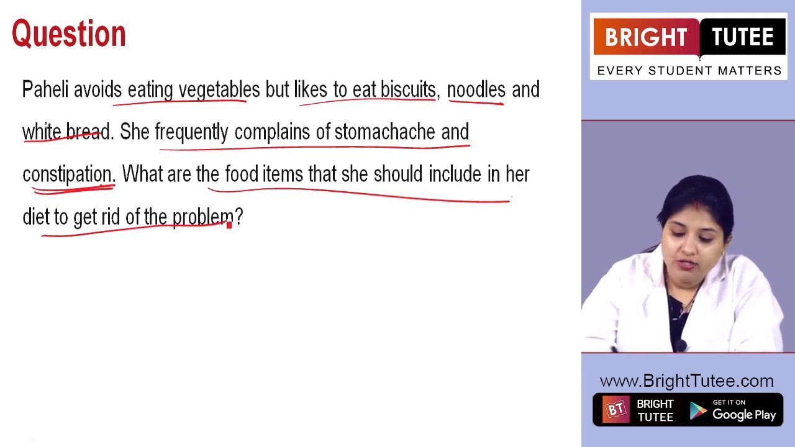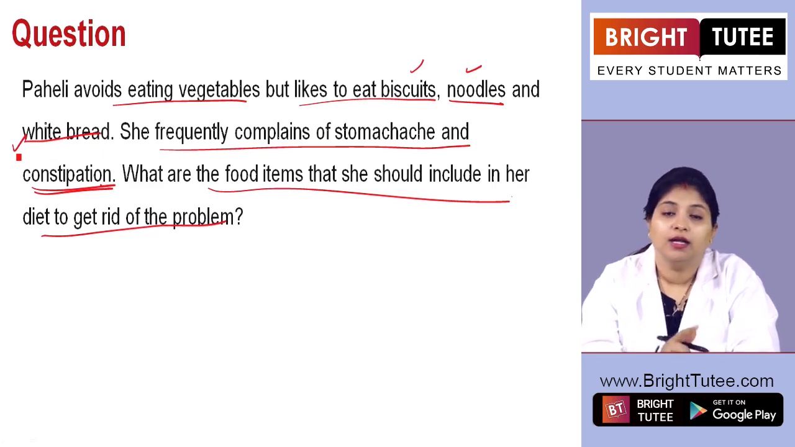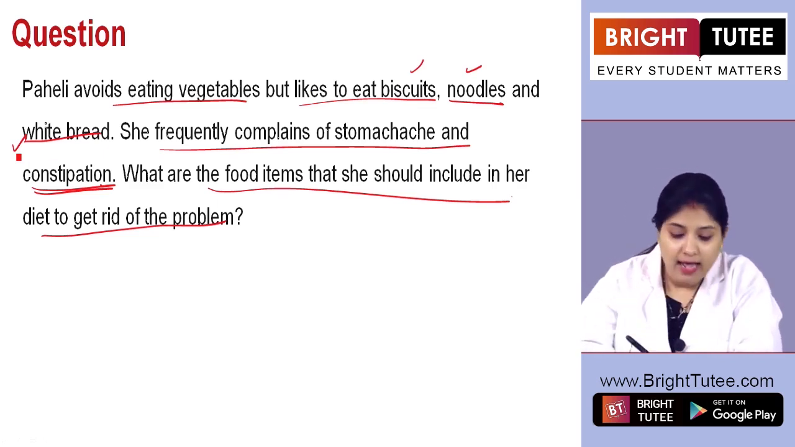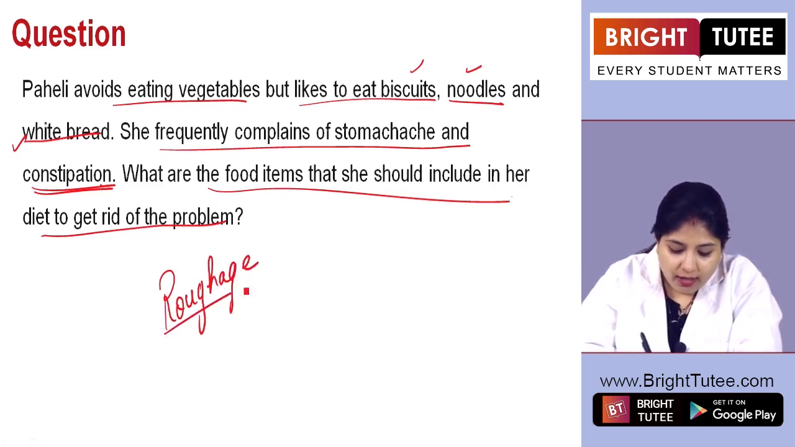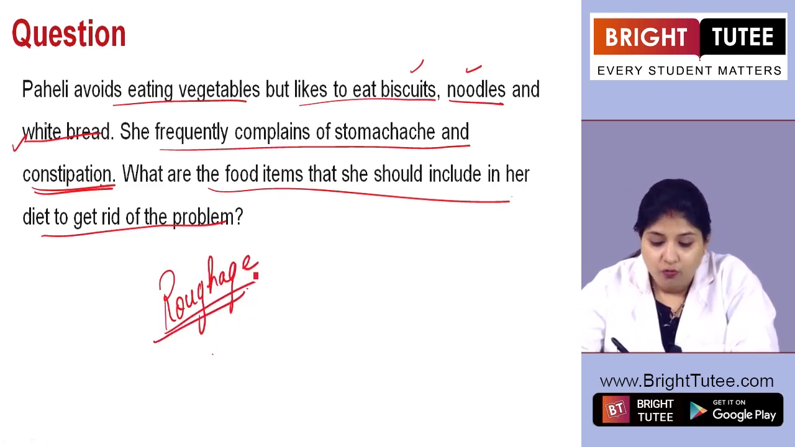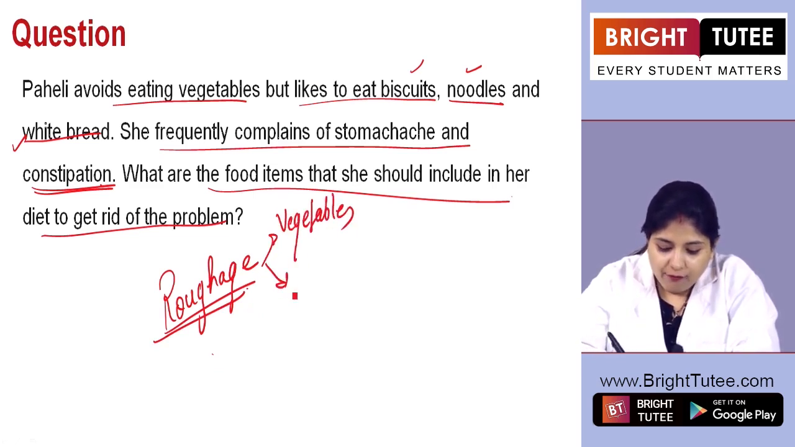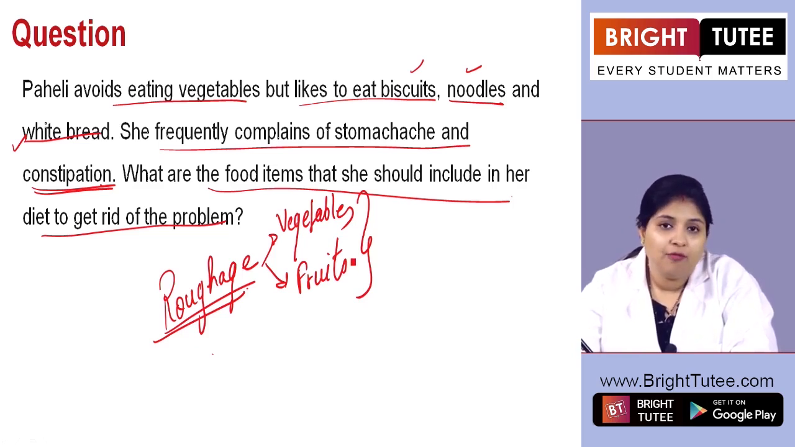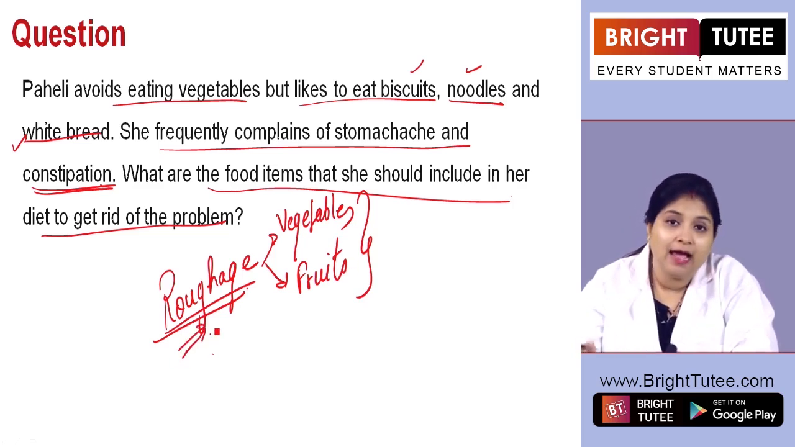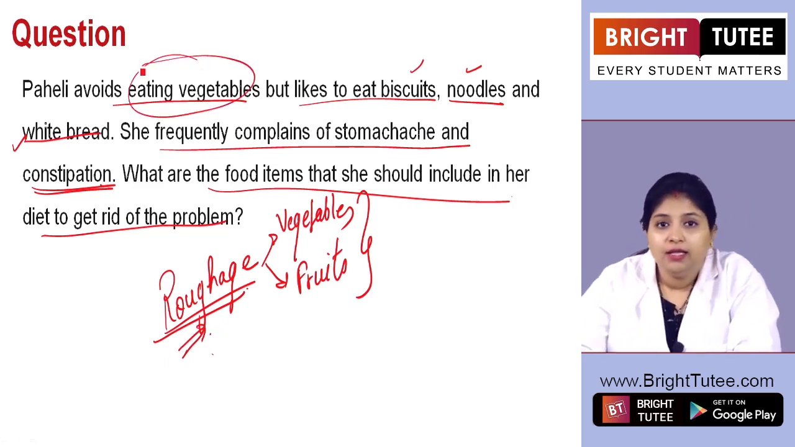Now, as you can see, she is eating biscuits, noodles and white bread, which does not contain one of the very important nutrients. And what is that nutrient? That is roughage, right? Now, we know that roughage is present in plant sources like vegetables and fruits, right? So we know that these two food sources that we get from plants contain a lot of roughage or dietary fibers, and that is the reason why, because she is avoiding eating the vegetables,